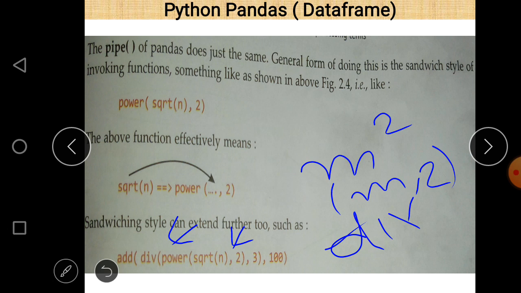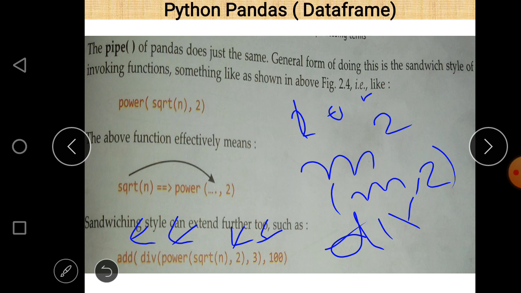The output is divided by 3, because two arguments are passed within the division function: the output of the power function and 3. After that we again get a number, and finally the add function will be executed, which adds the value of 100 to the output given by the previous one, that is division.